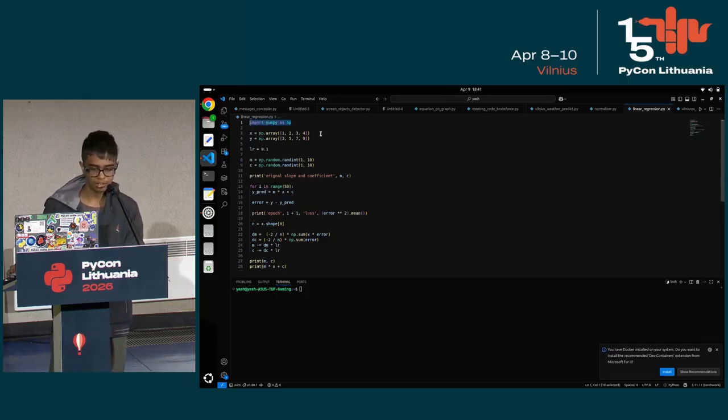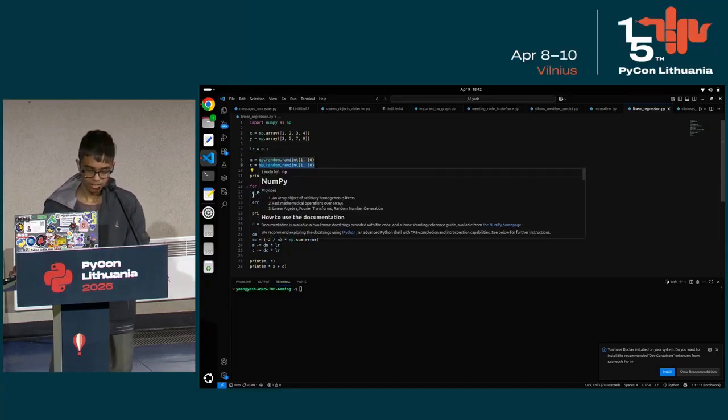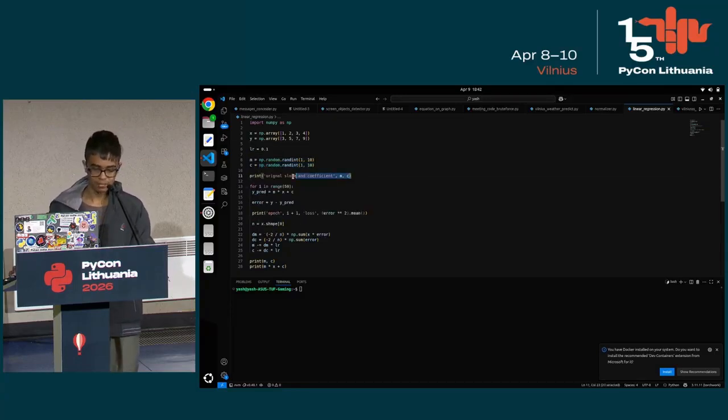So here I've imported NumPy. Here I've initialized the X dataset and Y dataset array. The pattern is very linear. You just have to multiply the X by 2 and then add 1 to it. And here I've used the learning rate as 0.1. And here I first initialized a random M and a random C, or random weight and random bias. You can call it anything.